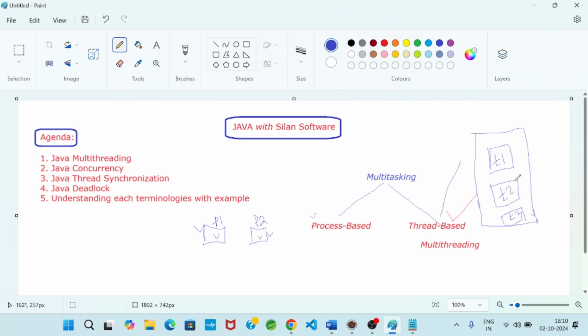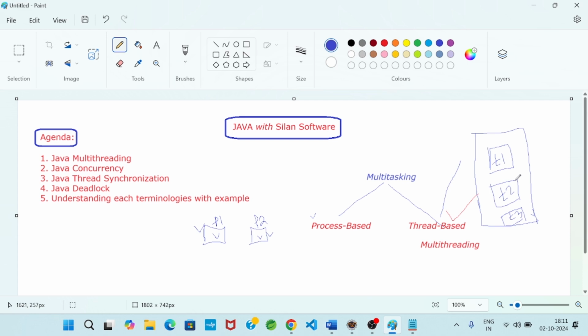But the program is one, the process is one, the operating system allocates the time slot once, and allocates resources once. Each task shares all the resources allocated by the operating system.